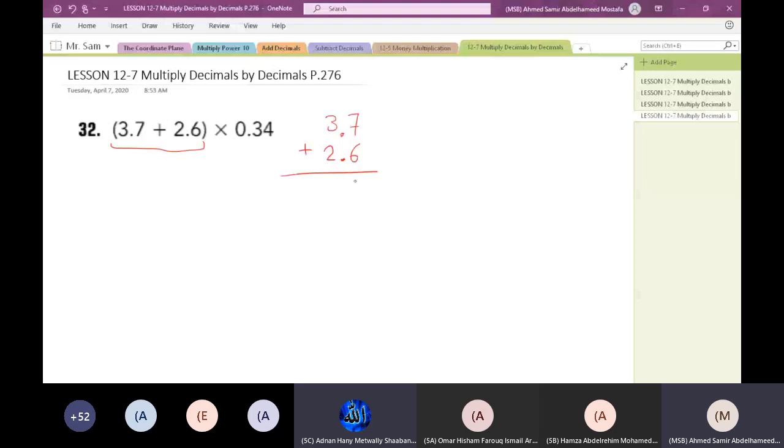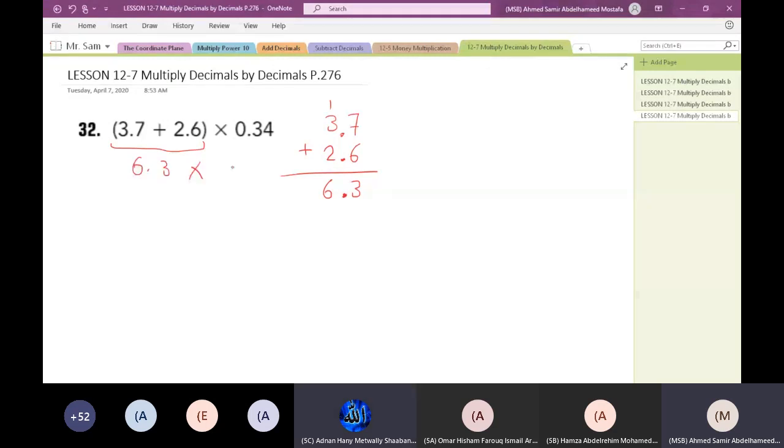We're talking about addition here. Sorry. It's okay. 7 plus 6 is 13, 3, and we have 1. 3 plus 2 is 5 and 1 equals 6. And we put the decimal. So this part is 6.3 times